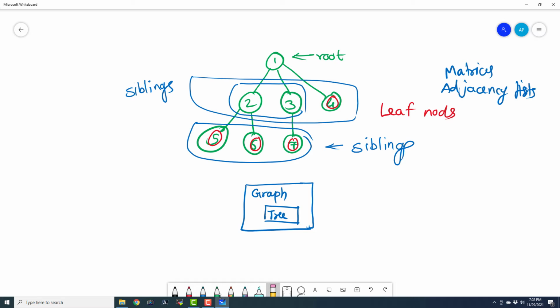Now there are special types of trees. The first one is known as binary tree. So binary tree is a tree. It has got at the max 2 children for every node. Okay. So number of children can be 0 or 1 or 2 for each and every node. And all the children of that binary tree, they are also binary trees. Okay. All the children or all the subtrees of that binary tree are also binary tree.